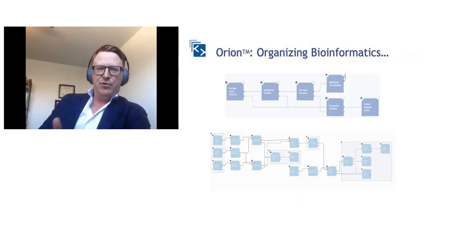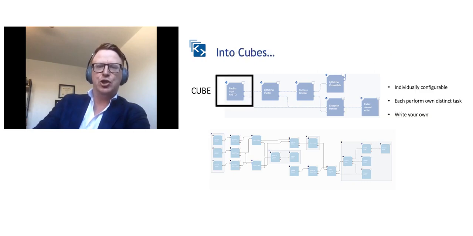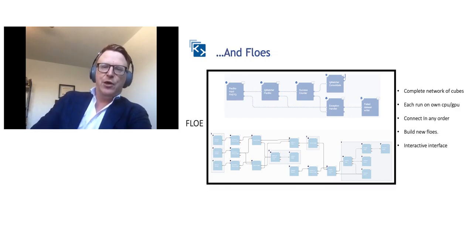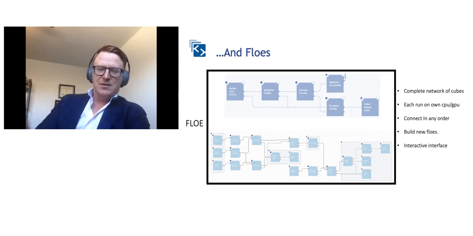So the platform itself that OpenEye had built is called Orion. And so the way that we are organizing our bioinformatics is into cubes and flows. A cube is basically individually configurable. It can perform its own distinct task, and you can write your own cube for a given task of interest. A flow is a complete network of cubes, and each runs on its own CPU and GPU. And you can connect this basically in any order that you want according to your process flow. You can build new workflows, and it also connects to an interactive web interface that allows you to sub-select fairly